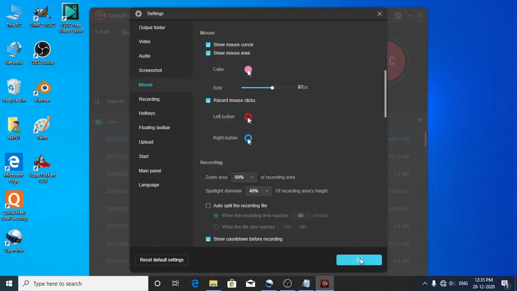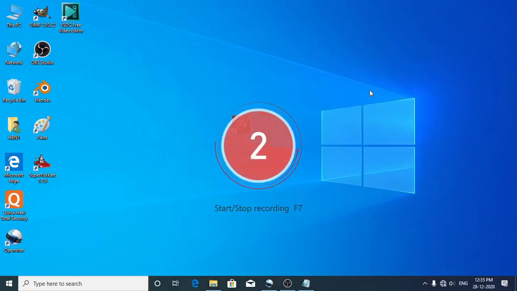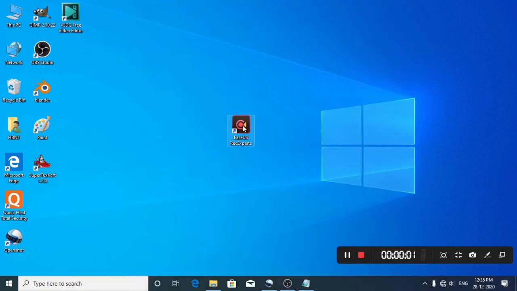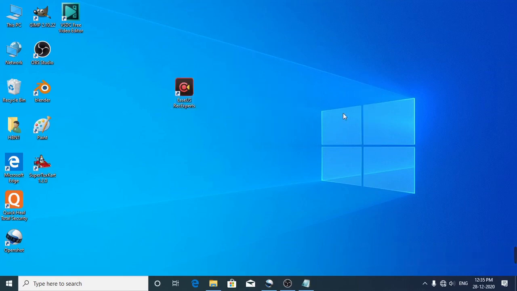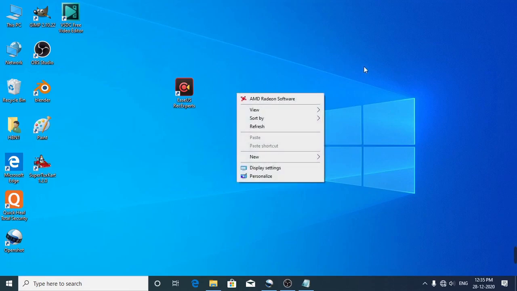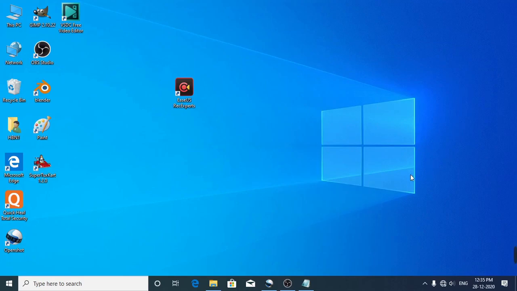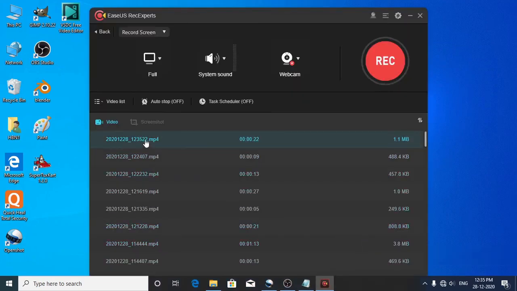So now let us try and see what happens with these settings. I'll just do some recording. Now I am making a left click and dragging this icon. Again I'll do a few left clicks like this. Now I'll make a right click and see what happens. Now again a right click, again a right click. Now let us stop at this point and then check the preview.